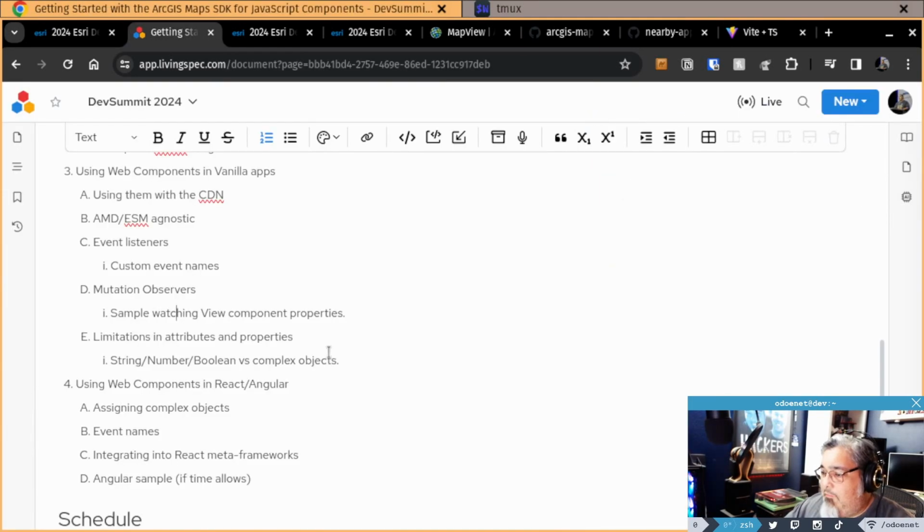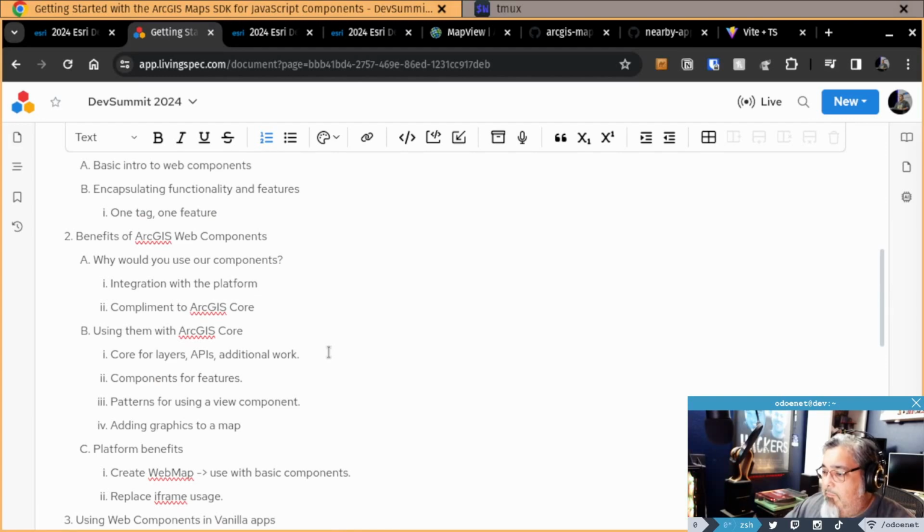I think I just kind of went through the very basics. This helped me out because I did cover some things like integration with the platform, which is the item ID, right? Maybe for this section, I'll show a slide. Maybe if I show any code? When I say complement to ArcGIS Core, I basically mean that I could do something like